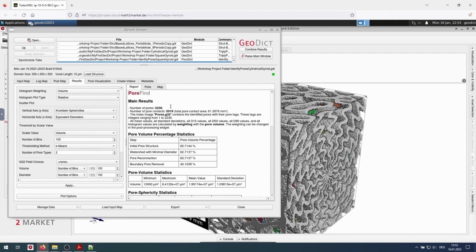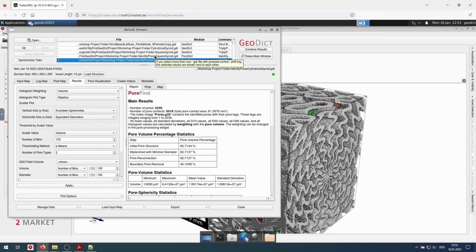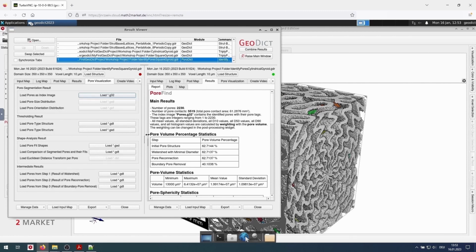We obtain the same results as before, and we can even compare those results by hitting the Control key and selecting the result file from the previous run. They are now displayed side by side.